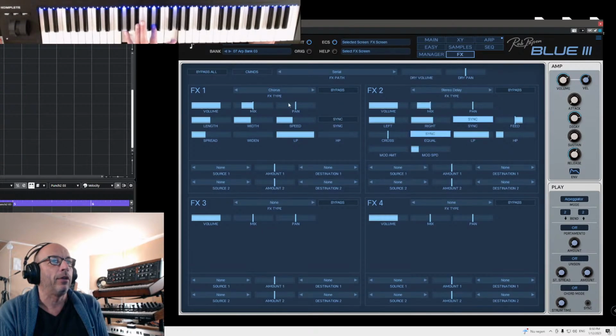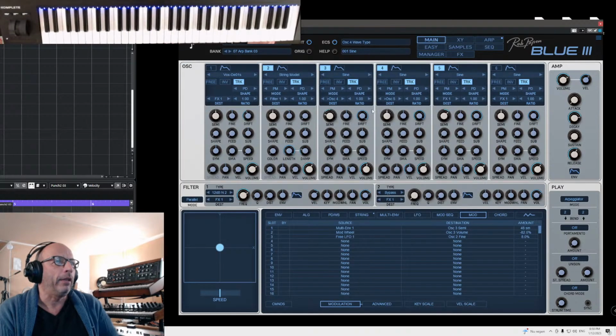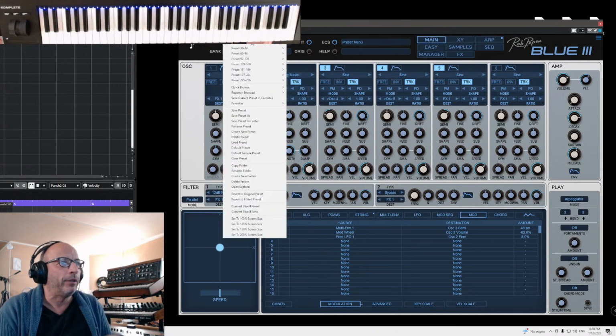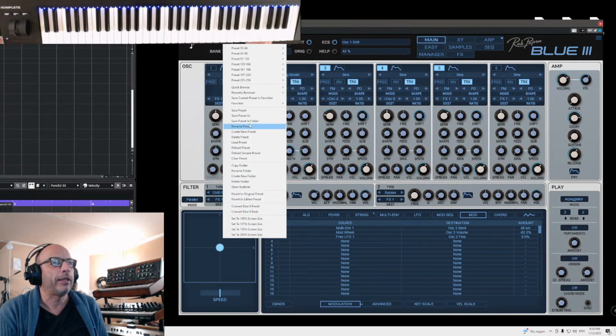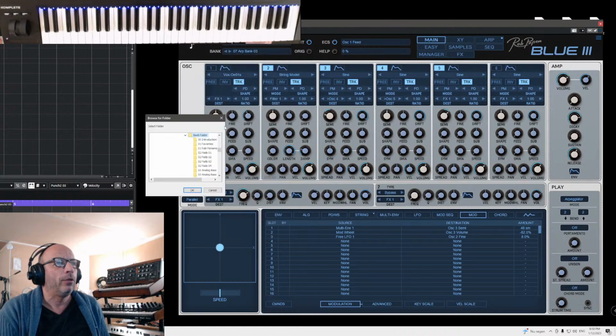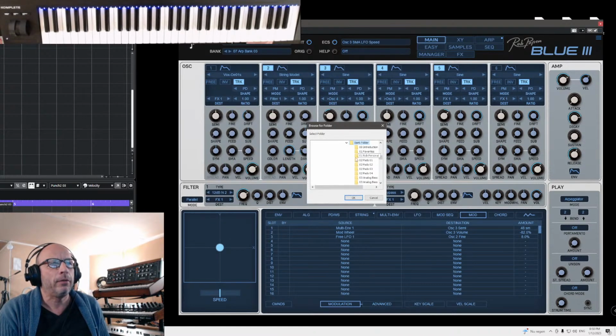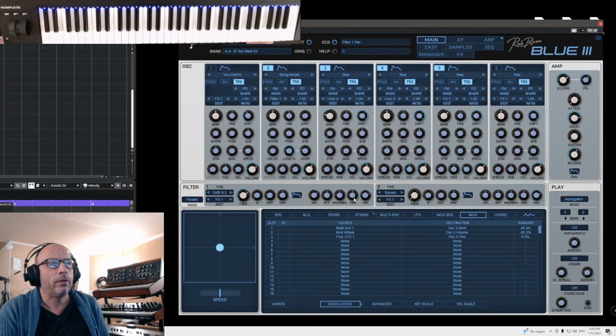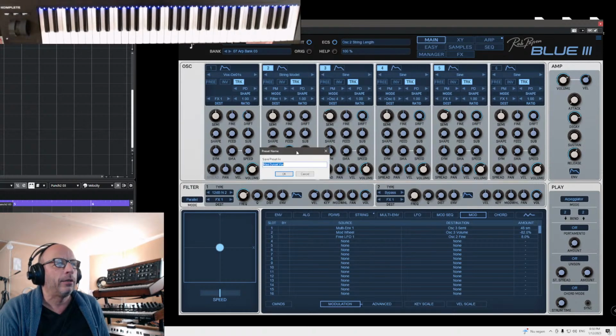Let's see what the FX does. A little bit of chorus, let's see. Mix the delay. So that's a nice variation. So I'm gonna save this one. So what I do is then save preset in folder. So I go to my own personal folder, Rob personal, okay, and then